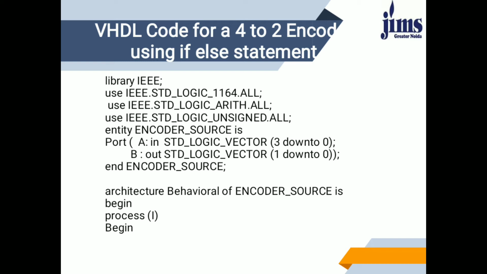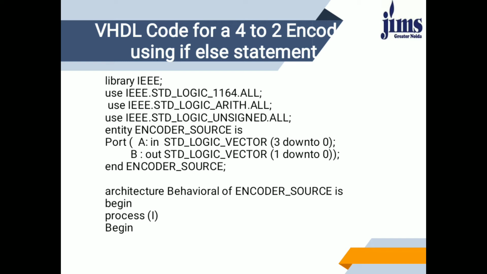Now, how is the entity defined? As we all know, the entity is a user defined name. So entity encoder_source is. Here encoder_source is the user defined name for this 4:2 encoder. Because we are using 4 inputs, we need to define it with the help of a vector. We can also write it as A0, A1, A2, A3 colon in